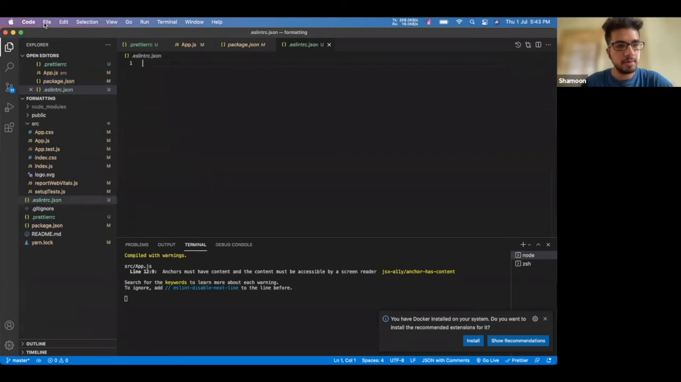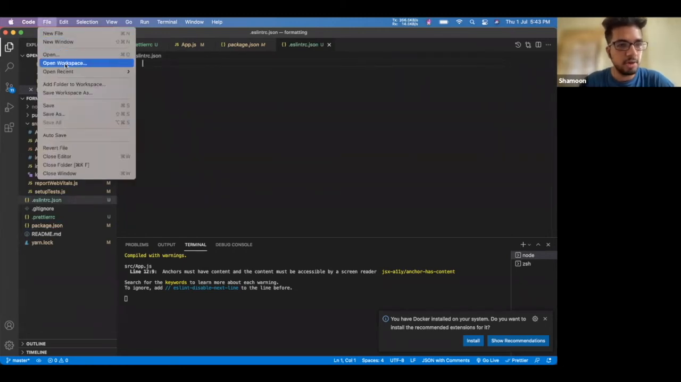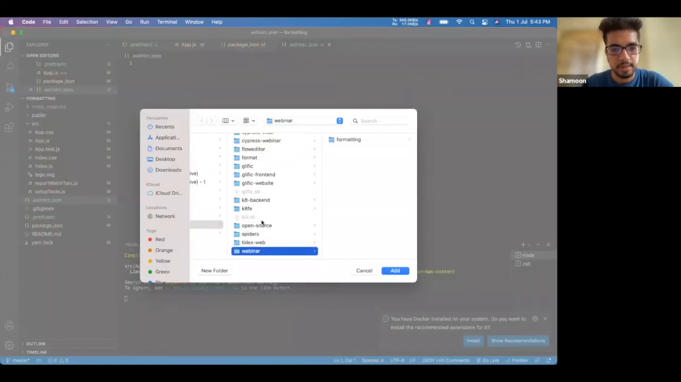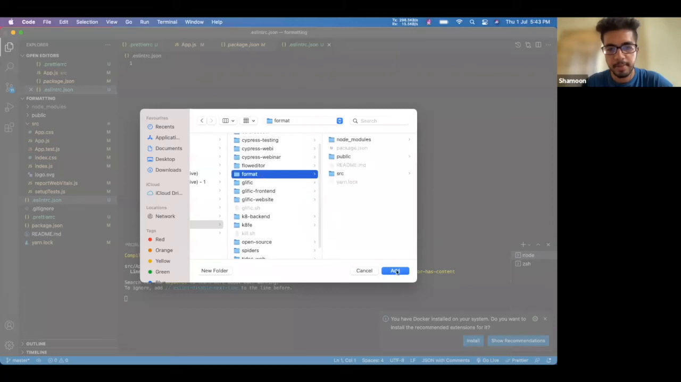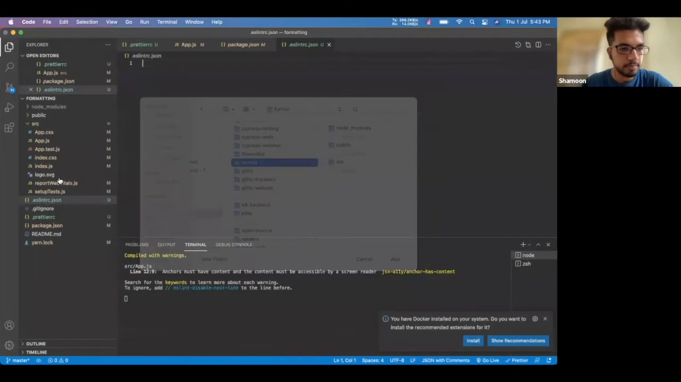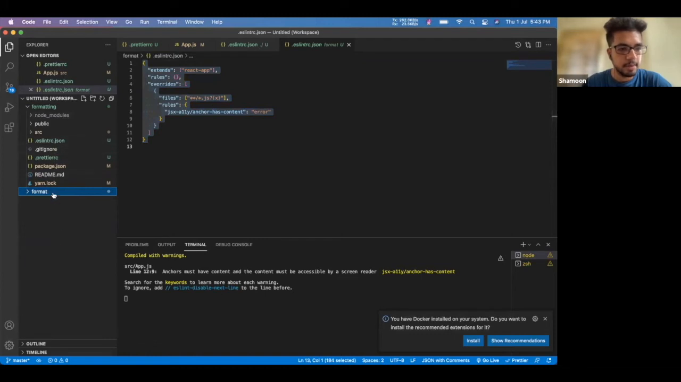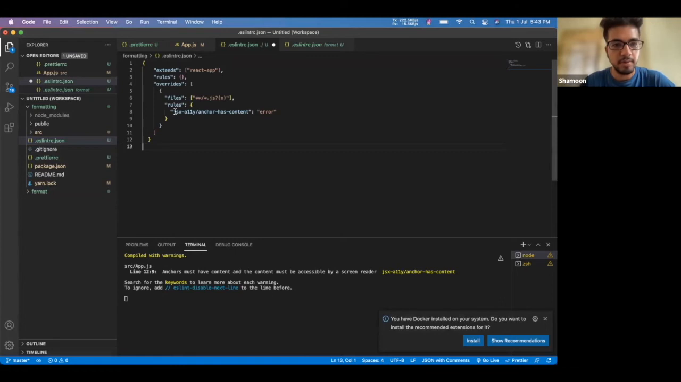Okay, let me have a quick look at what we did on the other project. I'll add a folder to my workspace, it's webinar and its format. In this, I've already created a configuration file. I'll just copy it from there, into .eslintrc.json. Okay. So now we have this configuration file which extends the basic ESLint configuration, and it adds